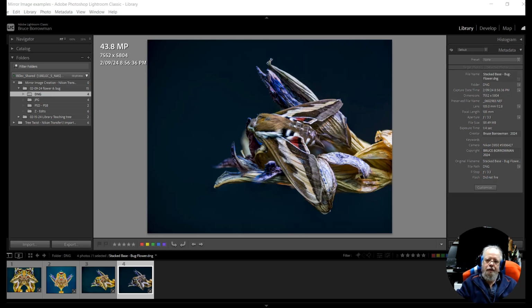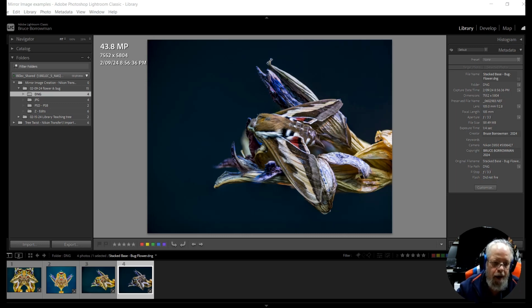Hello, this is another in my series about how I create mirror images using Lightroom and Photoshop. So far we've gone through raw images, JPEG images, and now we're going to do DNG, which is digital negative. In my research for doing this set of videos, I found that if you use PSD or PSB as your first step for getting your mirror set up, you end up with a few issues, shall we say, which I'll go over in the next video, which I'm going to use a PSB